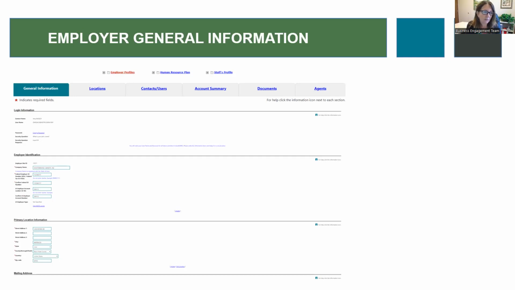As you can see, going across the top, there are options to add locations and other contacts and users and their own login and contact information as well. So as a school district, sometimes school districts have an administration building that they put their information in. So that would probably most likely be this general information tab, and then you can add all the other school locations under that next tab after that.